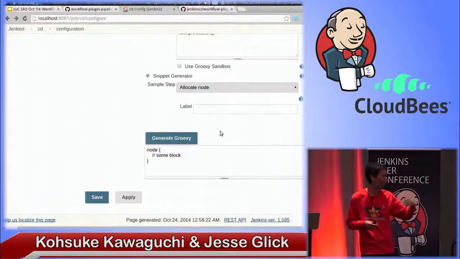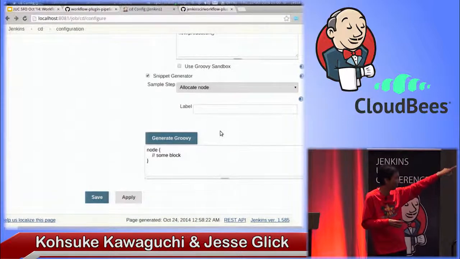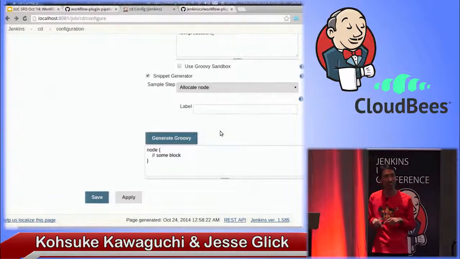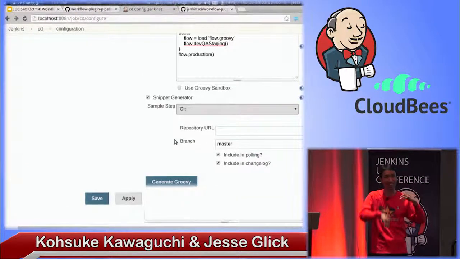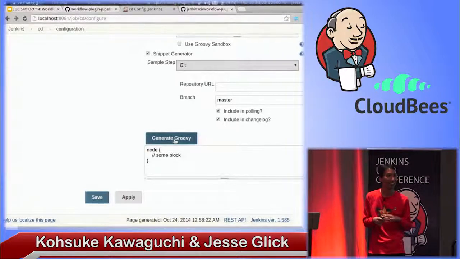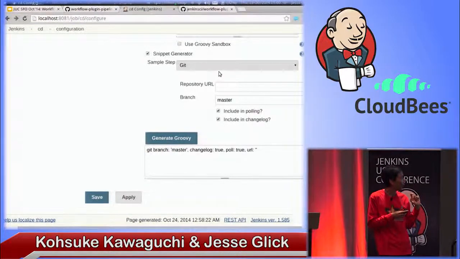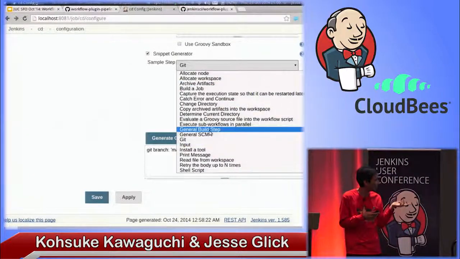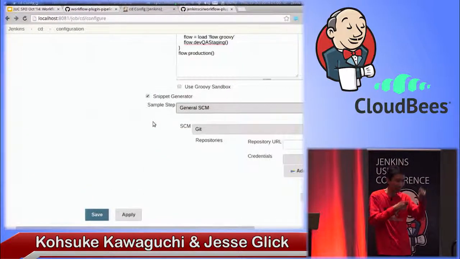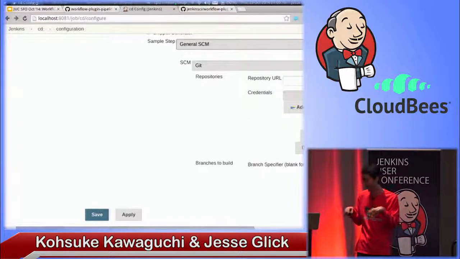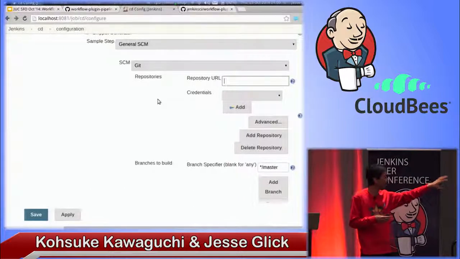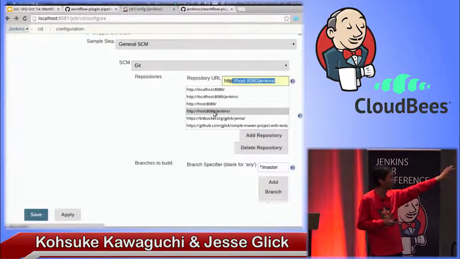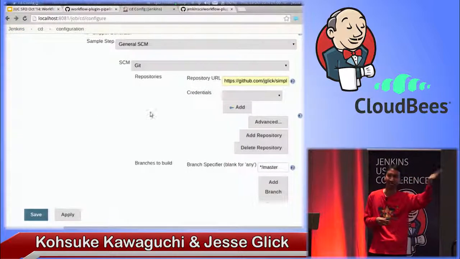So we have already version control system. So when we wrote this like a Git function, it was actually coming from the Git plugin. And you already know that the Git plugin has like a gazillion configuration options, right? So we provide access to those, but I guess that would come from general SCM, I suppose. Yeah. So then you could configure those in the GUI. Doesn't fit very well in 1024 by 768. But yeah, you can. So this is the same configuration snippet that you see in the freestyle project,